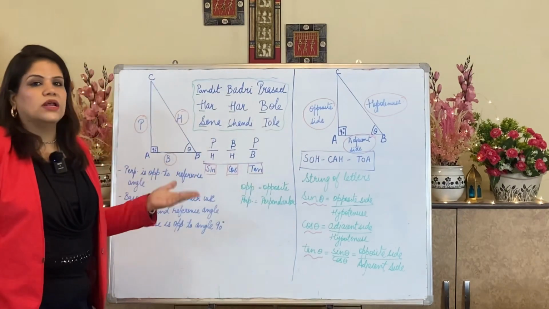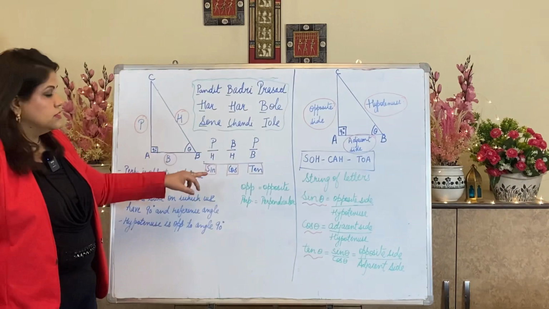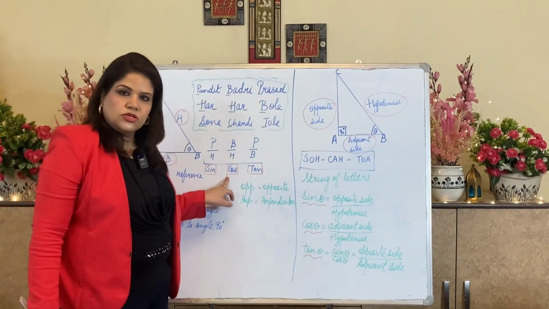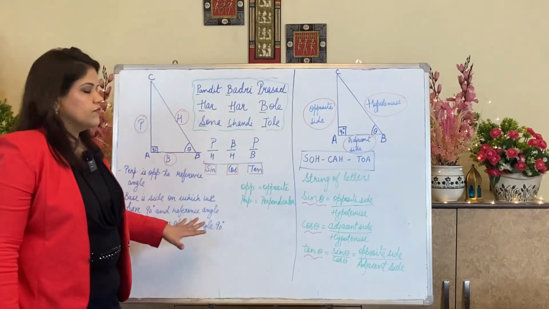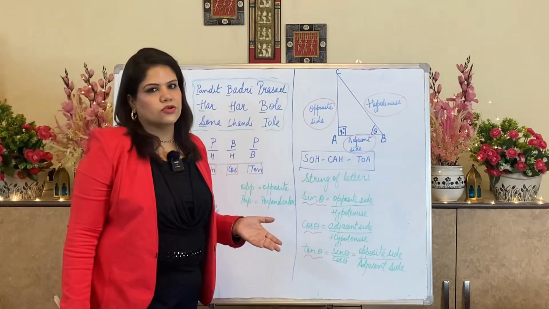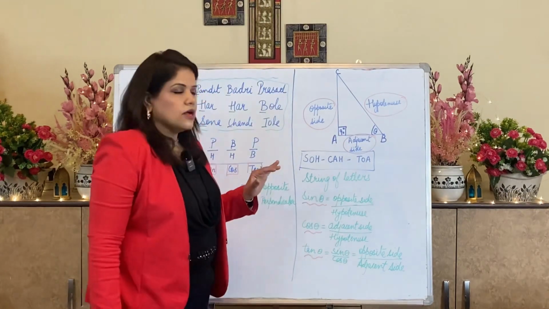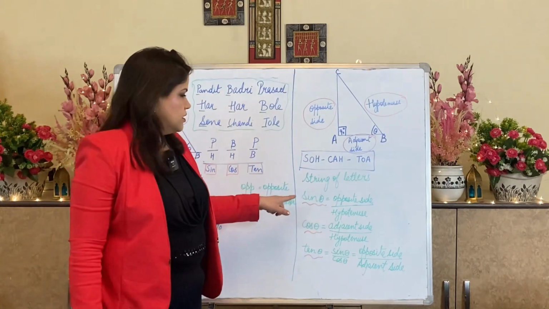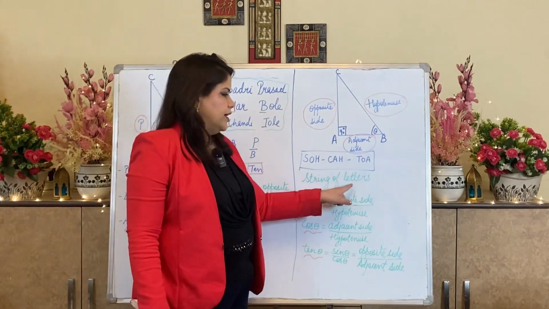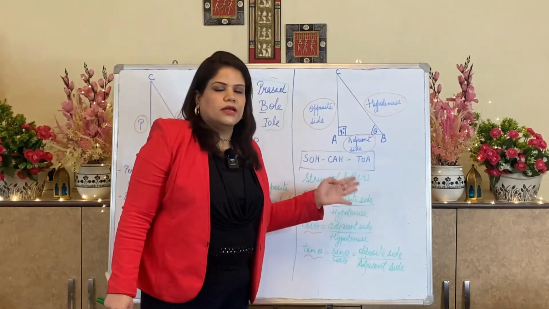And the rest of the formulas I know: cosecant is the opposite of sine, secant is the opposite of cos, and cot is the opposite of tan. So this way we can learn the 6 trigonometric functions from one Hindi mnemonic. Now there is another way of learning this. In English we have a string of letters, SOH CAH TOA, which is the other way of learning the same formula